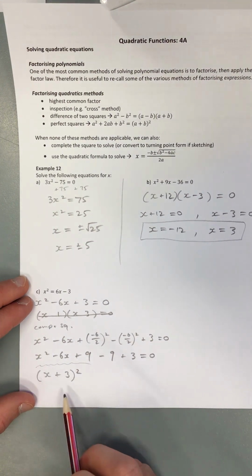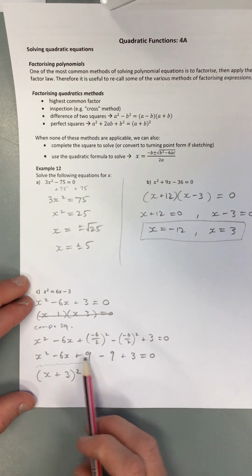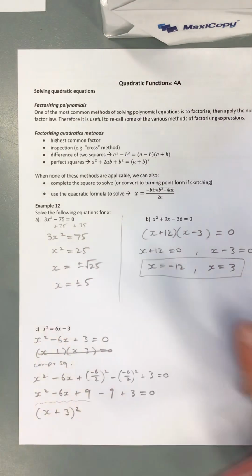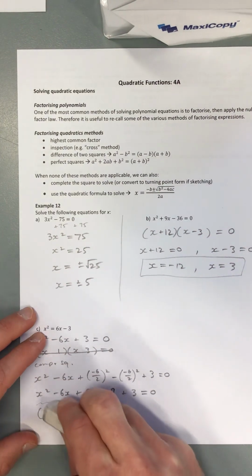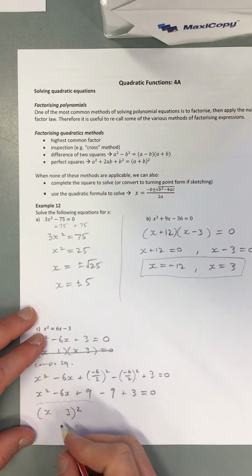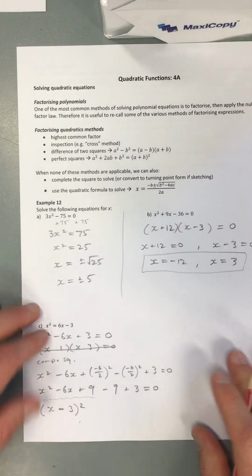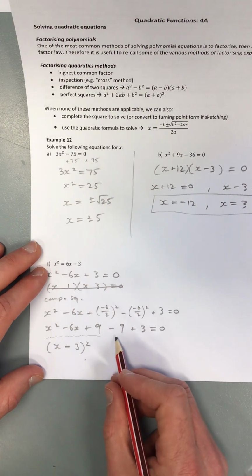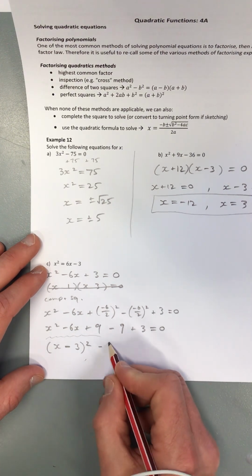because when we think of multiplying to positive 9, oh, hang on, done the wrong thing there. That shouldn't be a plus. We need the two numbers in the brackets to multiply to positive 9 and add to negative 6. And x minus 3 times x minus 3 will give us that. We also have minus 9 and plus 3, so that becomes minus 6